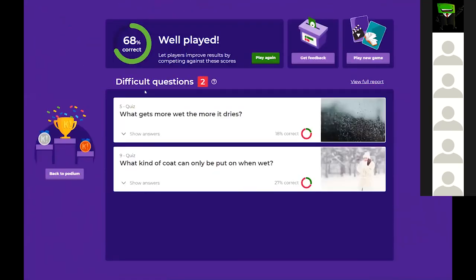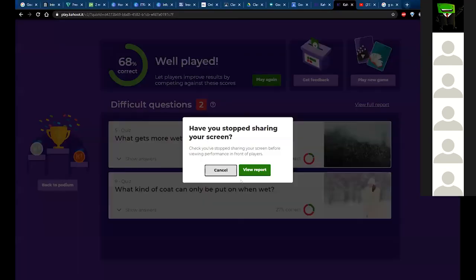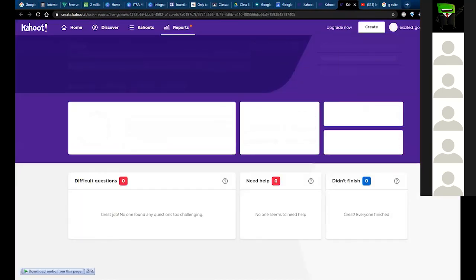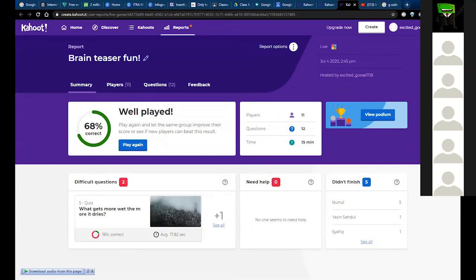So you can see the full report here. Let me show. Kahoot does have an integrated marking scheme, but they have their own way of giving points. So if you want to use the point system in Kahoot, you can, or you can assign yourself.